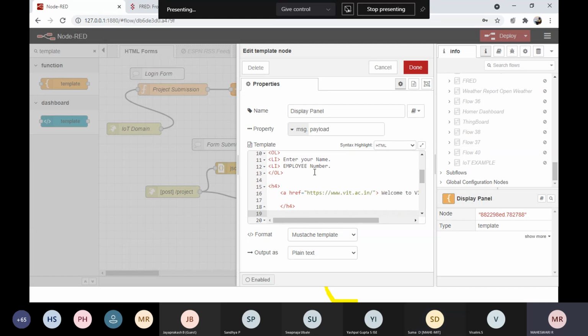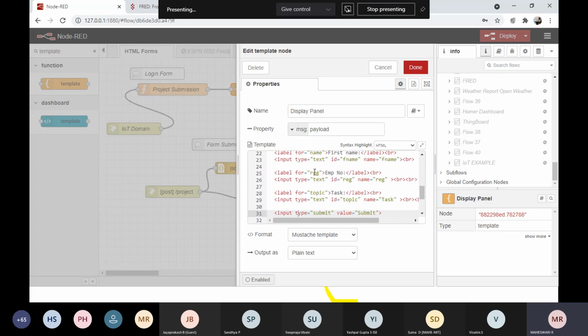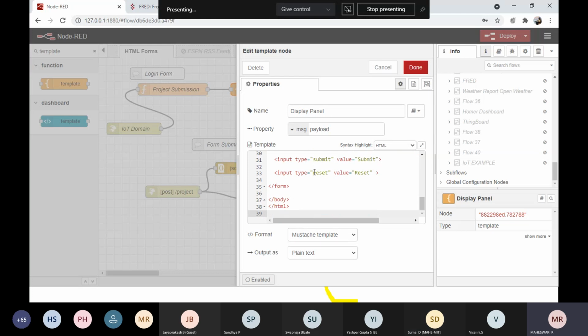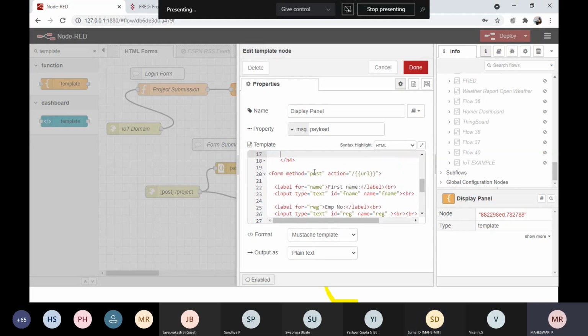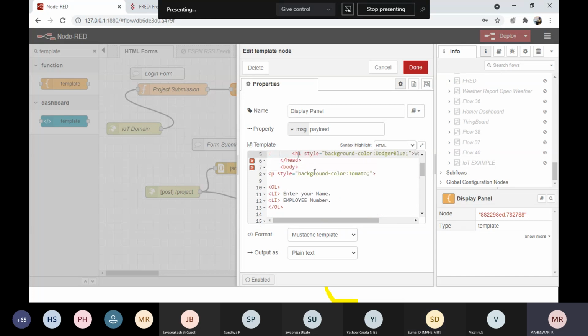Else you can use any display, just a display message also. Whichever form is easy for you to design, you can design it. Else I have forwarded the content to ma'am, so you can copy the content and place it in this template node.